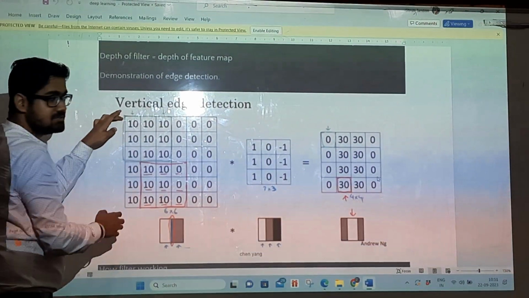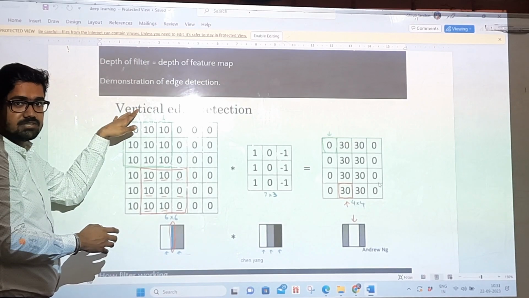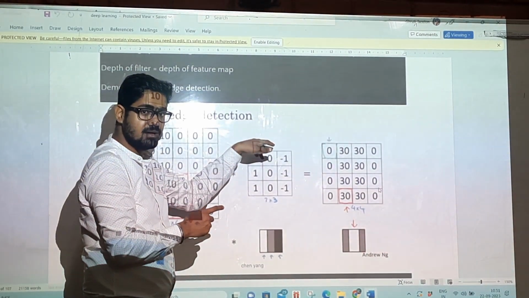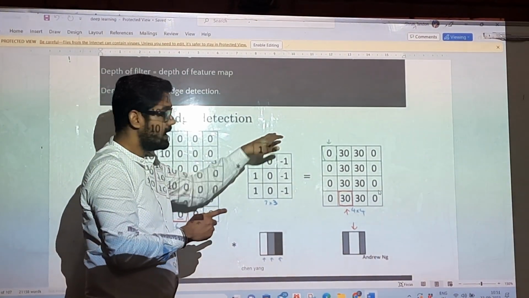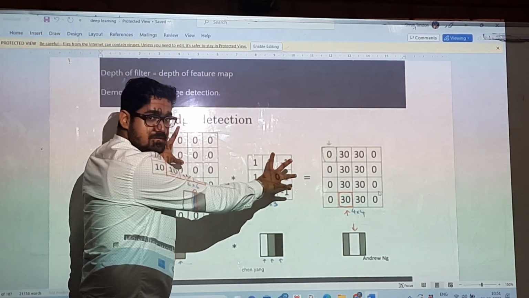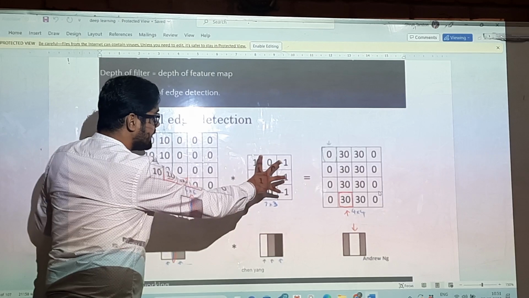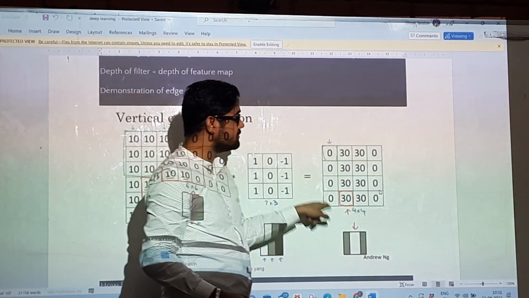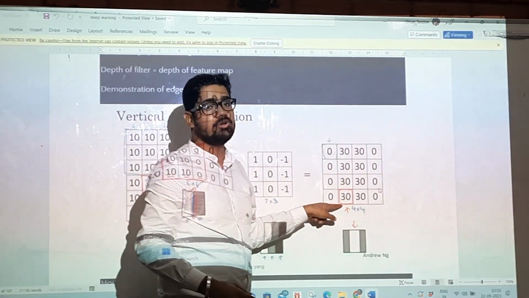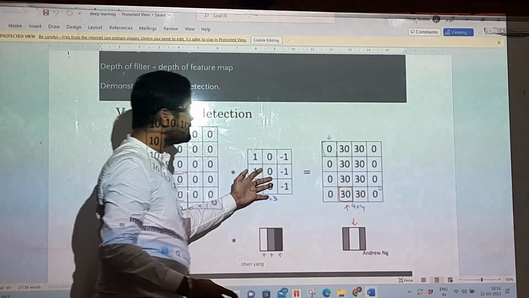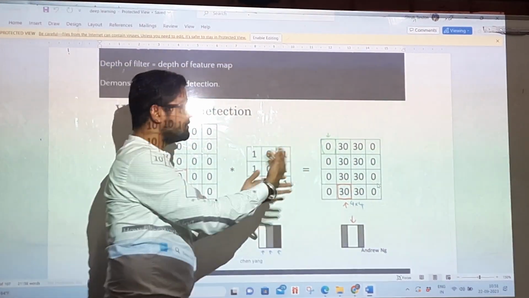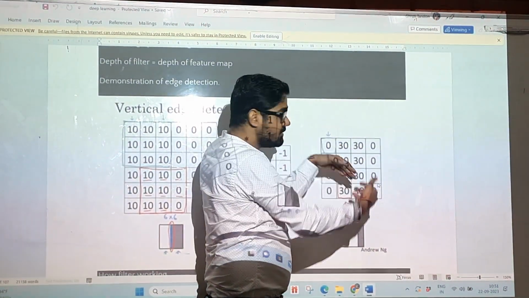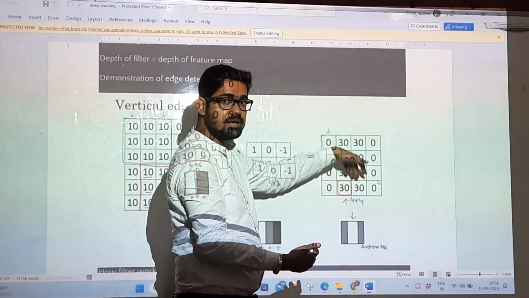If our image is in 3D shape, then our filter also gets converted into 3D shape, and we paste the filter on the image matrix and get the answer, and the output always remains a 2D matrix. When we increase our filter size, we get different matrices, and these matrices get stacked with each other, and the final feature map will be in 3D shape.